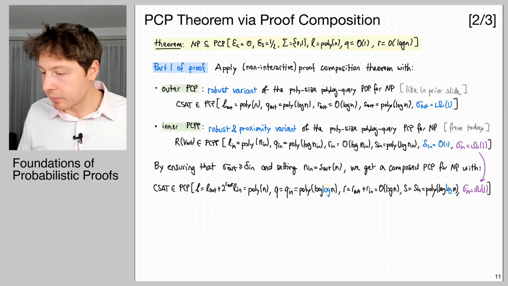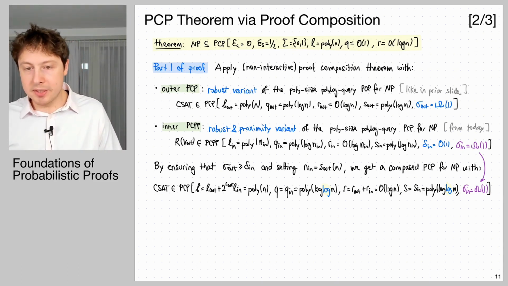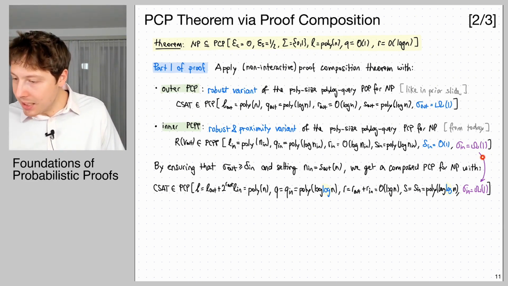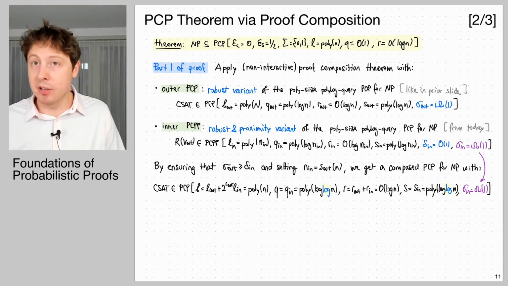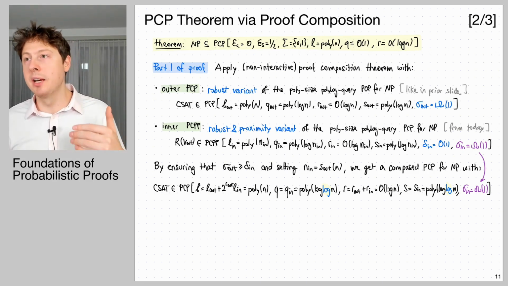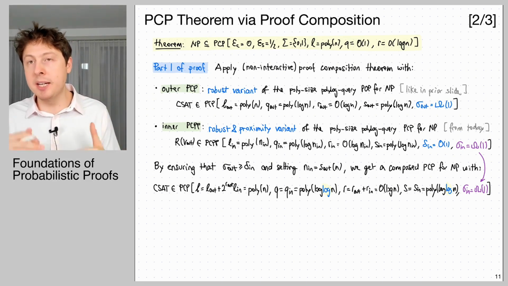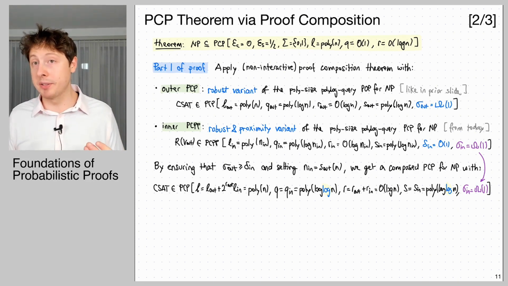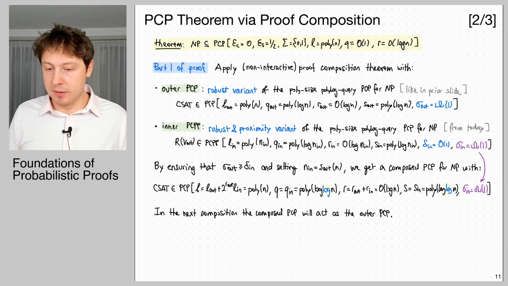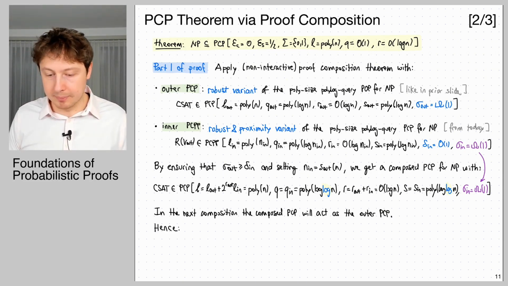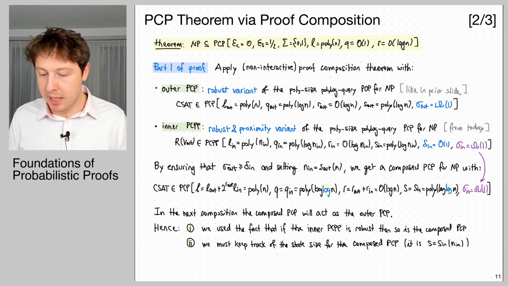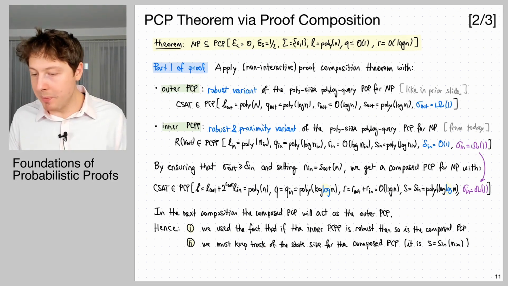So yeah. So now we have this sort of PCP that is robust. So we can use it as an outer for the next composition. Why is it robust? Because we had the inner one that was robust. And remember, we proved this proximity and robustness preservation. When the inner one is robust, then the composed one is also robust. Okay, we proved this like 2 lectures ago. So, yeah. So we use the fact that if the inner PCP is robust, then so is the composed PCP. And we must keep track of the state size for the composed PCP because we're going to be using it in the